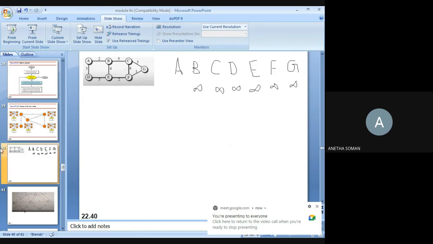Now, assume this is my network. What I'm doing is finding the shortest path. I will consider one source node and find the distance from the root node to all other nodes such that the path is minimum. Now consider the network.